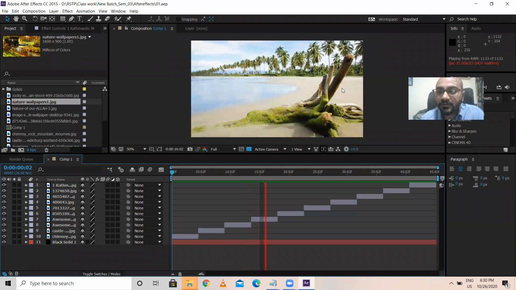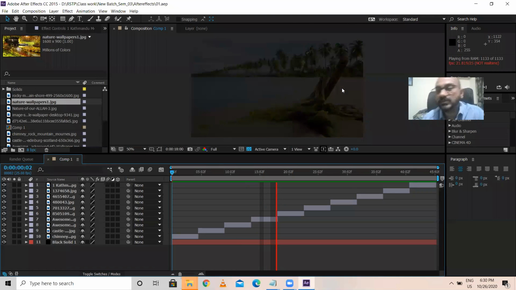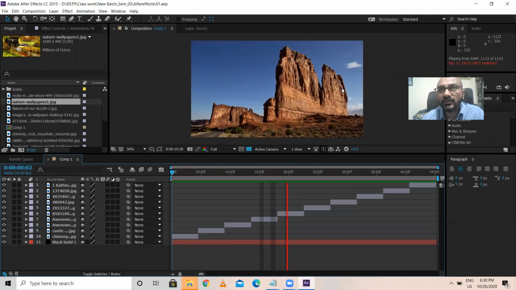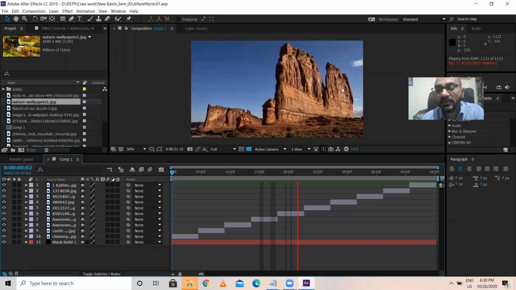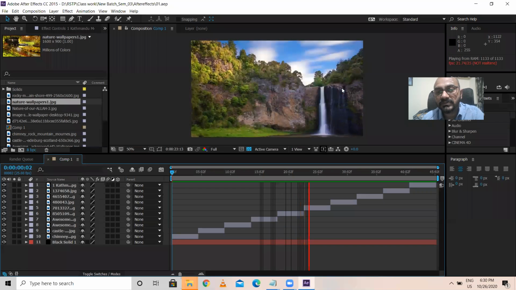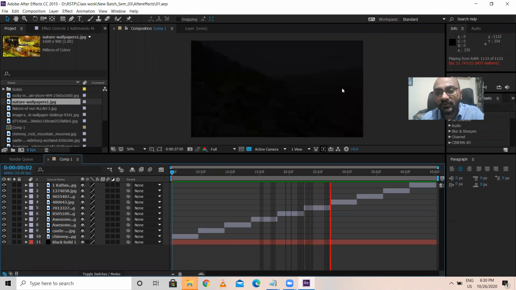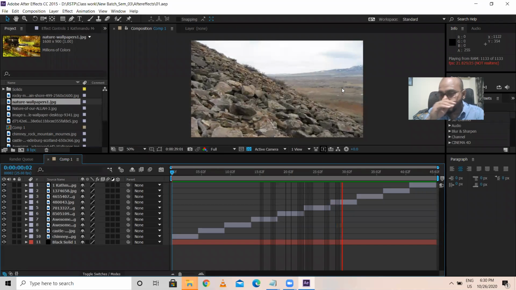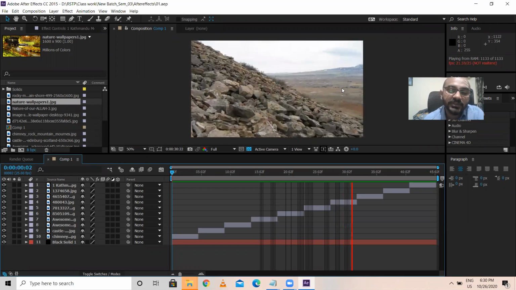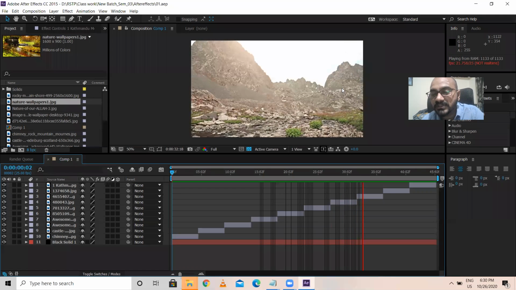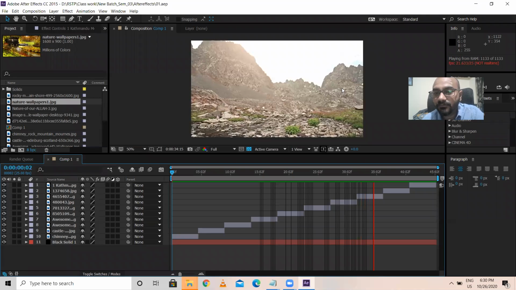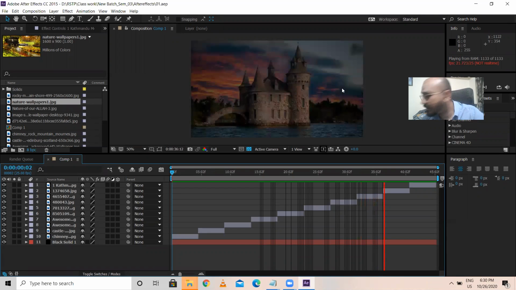Got it? It looks good. Zoom in, zoom out, zoom in, zoom out. Okay. If only zoom in is there, it doesn't look good. Now after this, zoom out happens. Then zoom in. So multiple animations we are doing. Zoom in, zoom out, transparency, the opacity animations also we are doing.